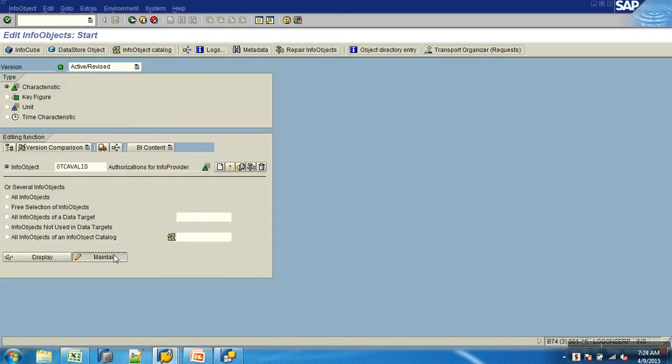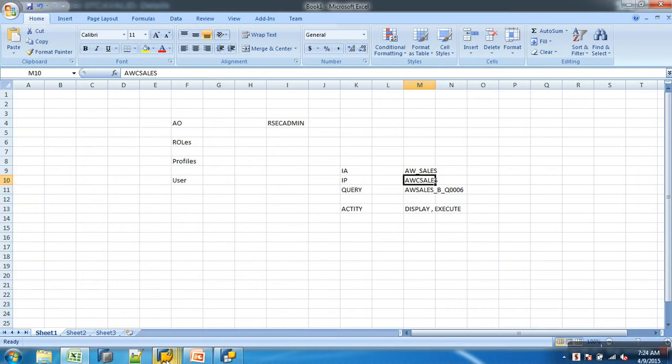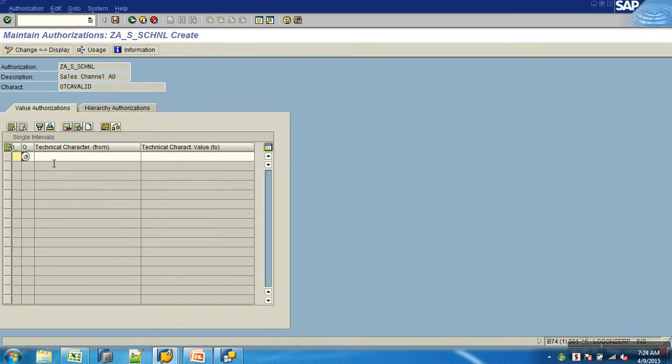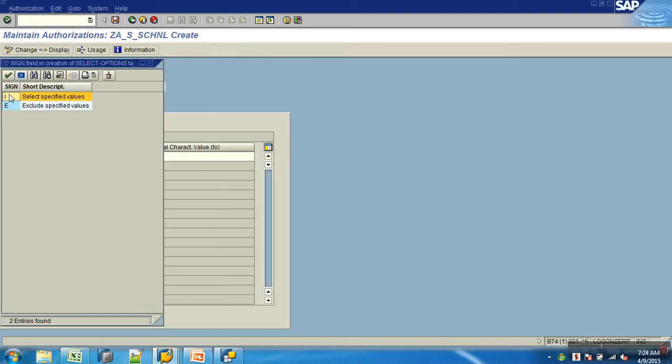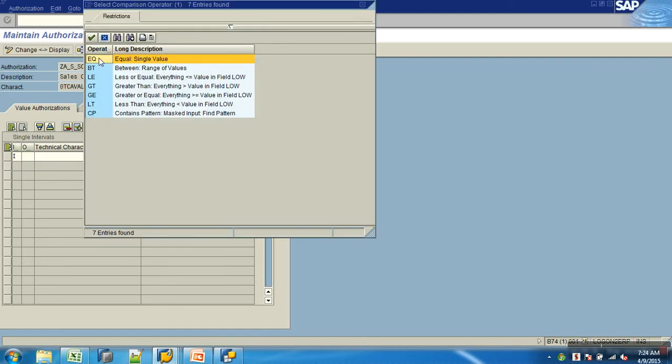RSD1 is direct to get to the maintenance of the info object. Now double click on this and specify the validity period. Include, say between.